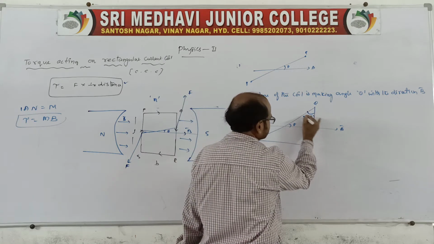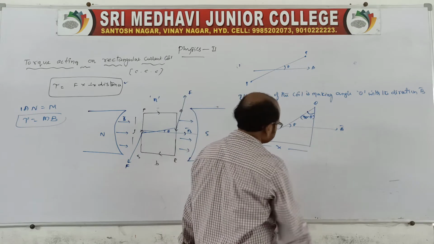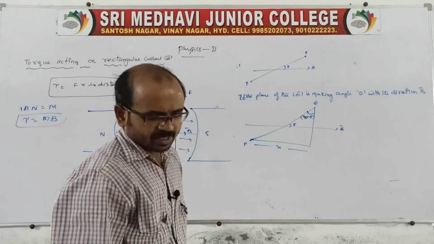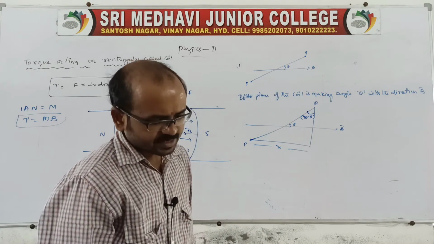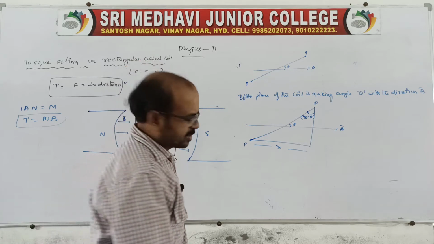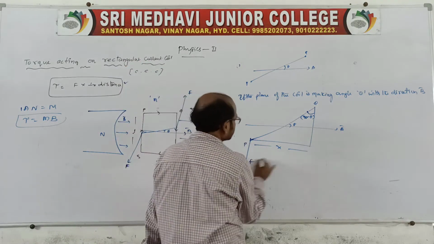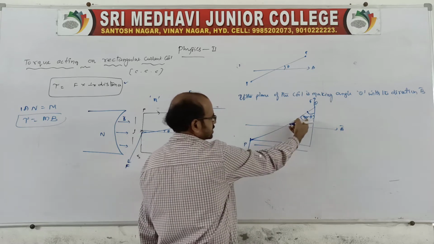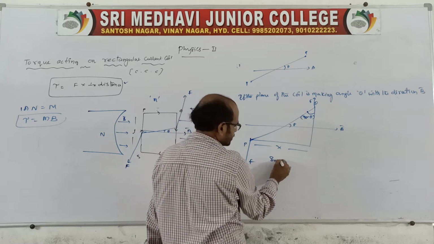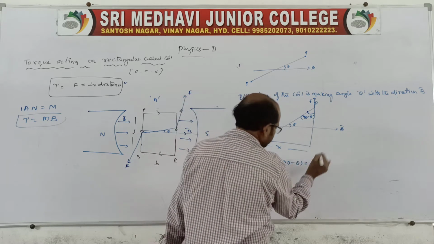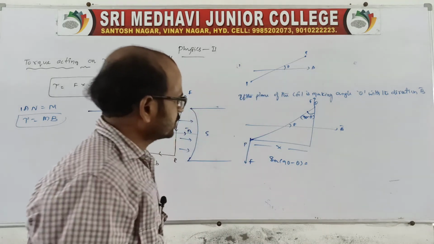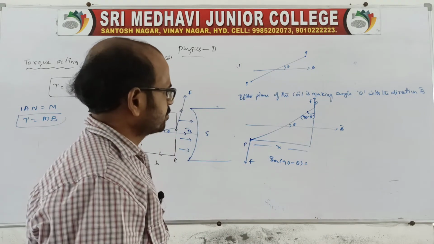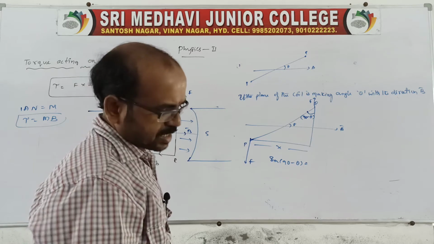Shall I take like this? So this is x, the perpendicular distance, which I don't know, so you say x. Therefore there is an equal and opposite force F acting here, and here also a force F is acting. Now by using this, you take sine of 90 minus theta, which is opposite by hypotenuse, x by hypotenuse.